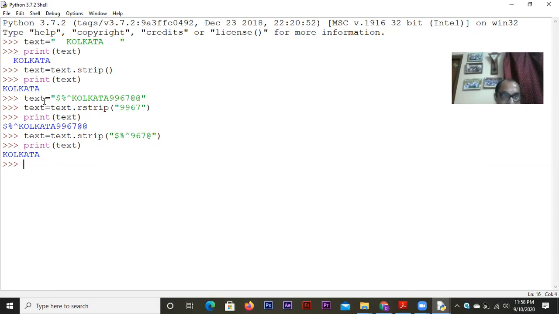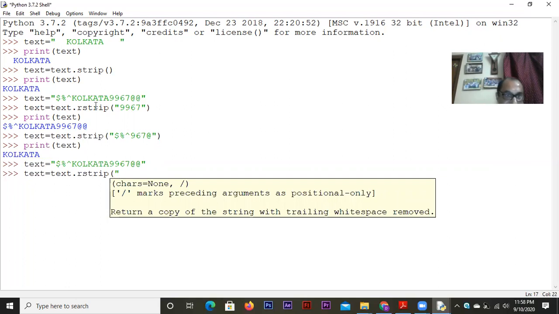Now let us try the same thing with the rstrip. If we bring it back, text again has all the characters as the leading and the trailing characters. Some characters we can easily see, and I will use rstrip once again. I wrote text equal to text dot rstrip, but now I will not make the mistake we made that time.